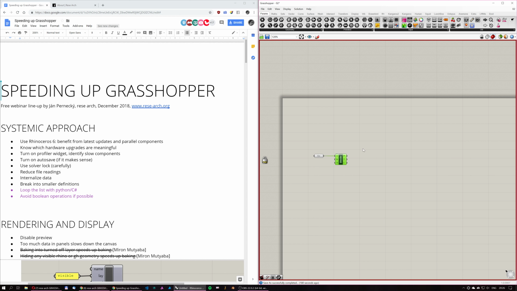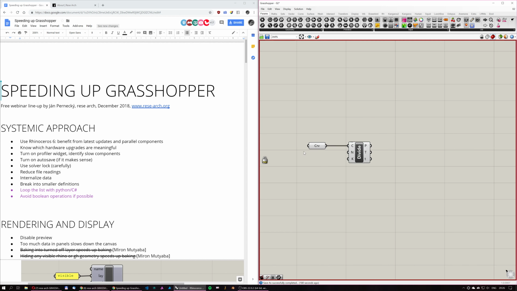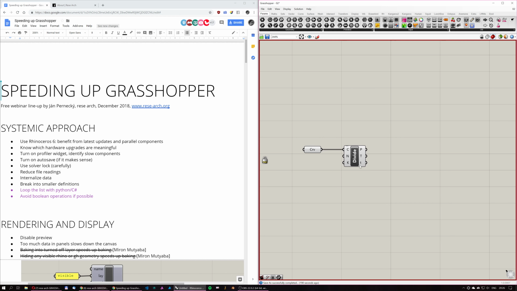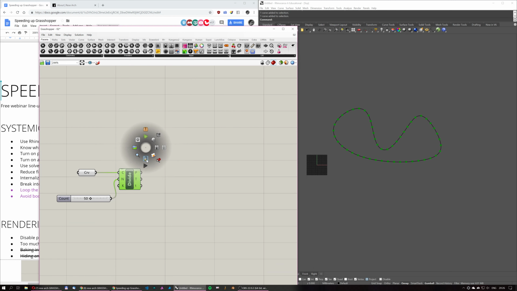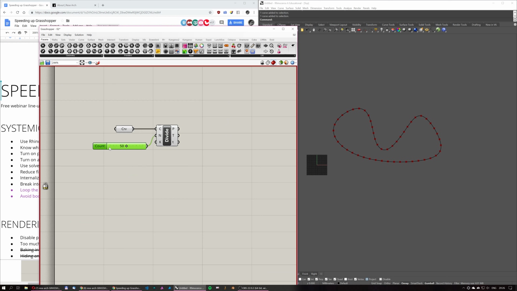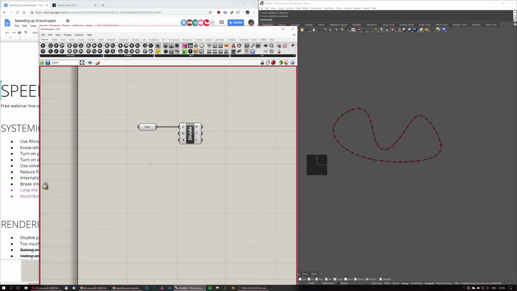But the dangerous moment is when you unlock it, because if you do something wrong, you cannot really see it here because this is not being recalculated, so you don't see the difference. So, for example, if originally this is dividing the curve into 10 segments, I can change it to 50. When I plug it in, I don't see the result because it's not being recomputed. When I unlock it, it recomputes and it's done. The very dangerous thing is that if now it's locked and I don't see what is happening, and I say that I want to divide it into 5 million